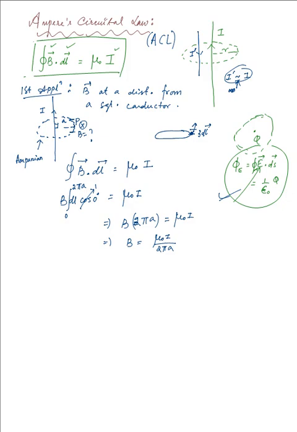We need not be concerned about the direction, because we have already chosen the direction of the length along the direction of the magnetic field. So the direction is not a big thing to worry about in this case. The only thing we need to obtain is the magnetic field intensity associated with that current carrying conductor. So this is the first application of the Ampere circuital law, and we'll extend the application further into obtaining the magnetic field